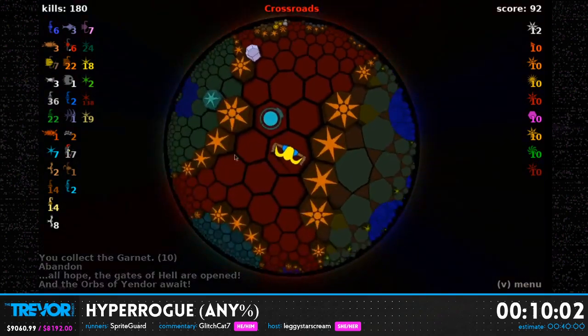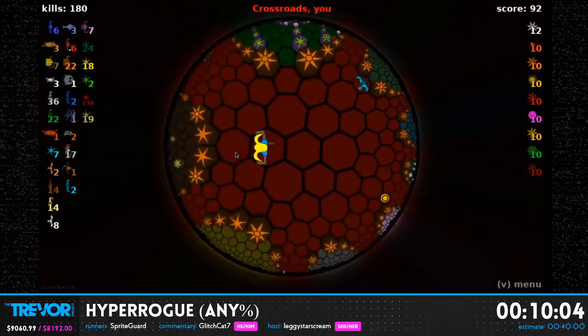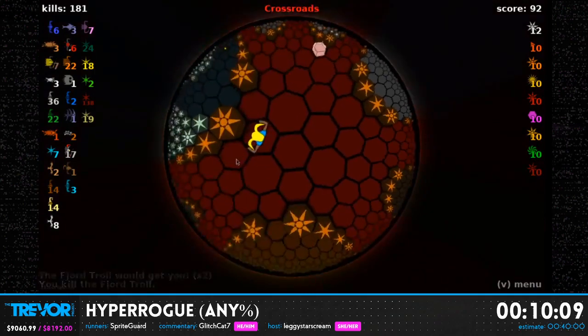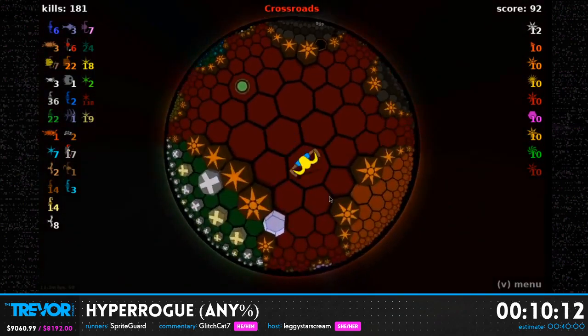That's 10. Cool. We are on the lookout for hell. So this is getting into a setup for endgame right now. You want to... That's the third...